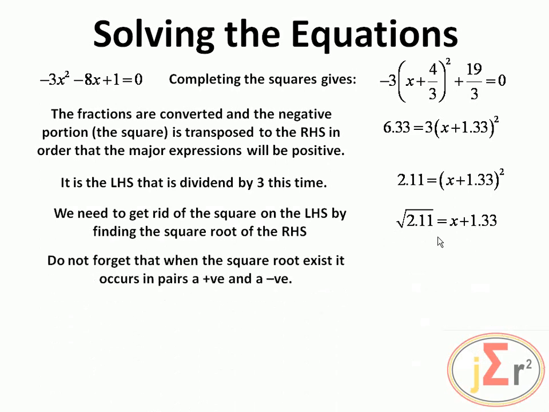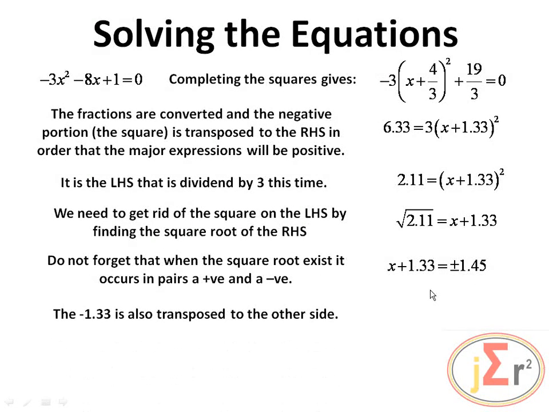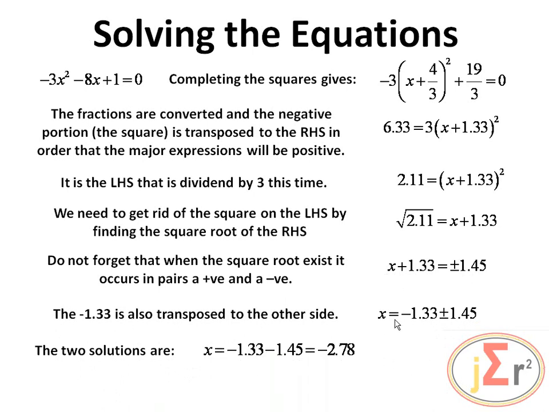It may be that we can also reverse the expression. So what we have done, we have placed this over here, and then this, we have found the square root of it, and this is what we have. And of course, this is going to be transposed to the other side where it's going to be a negative. So that is our situation. So the solutions are, of course, take this negative 1.3 minus 1.45, and that is what we get. And then, of course, take negative 1.33 and we plus 1.45, and that is what we get. And our two answers are written in one